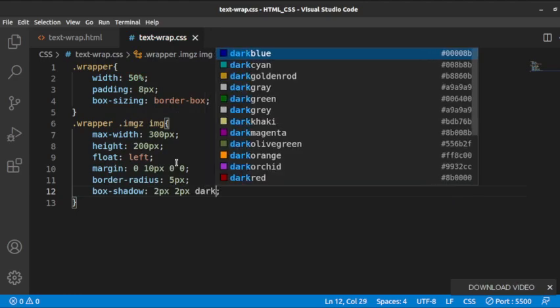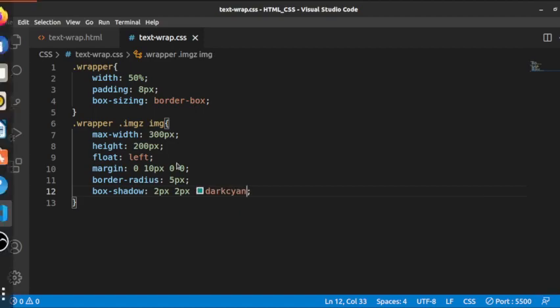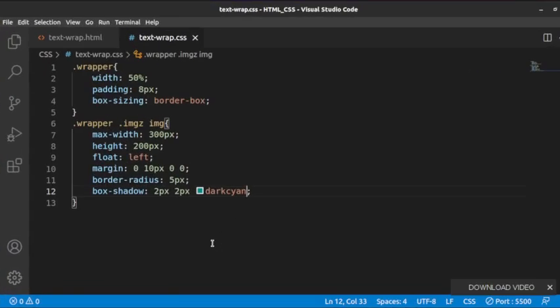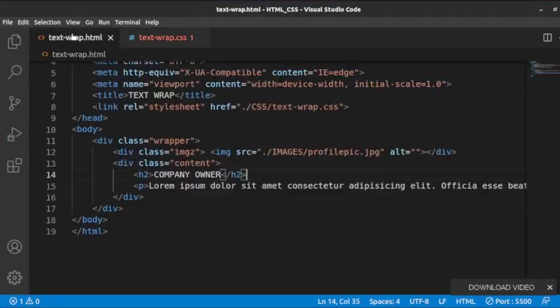No blur today. I can pick a dark cyan, and as you can see, I have a small one here. And my image, I could have said on hover, but I could as well do this. This is what I want for now, no problem. Then I could come to text and work on it. Content, let me check the right spelling. It's content. Okay,